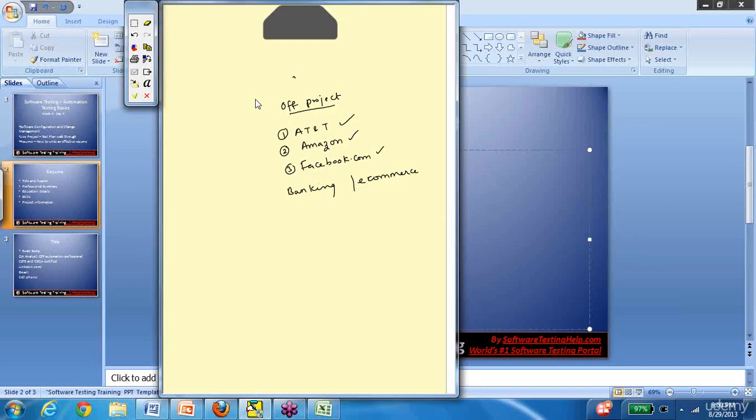The intent of testing is definitely to find bugs, but finding bugs is something that comes at the last stage. Again, how many bugs are you going to find in a certain project? It is never standard. So assume that when you're testing Facebook, the product is going to be bug free, but you will still have to make sure that it's bug free by designing some tests to test it and actually executing them. So as an off project, I would recommend picking up a banking site and an e-commerce site like Amazon.